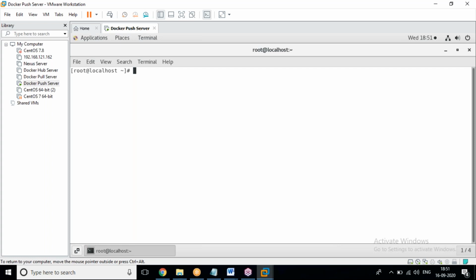On a Linux machine, by default we get Bash. You need not install that. What you have to do is install Git only. You need to install Git only. Yes, rpm -qi docker. Yes, we have already installed that.